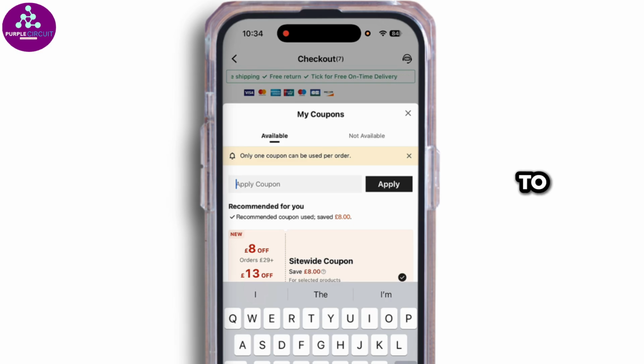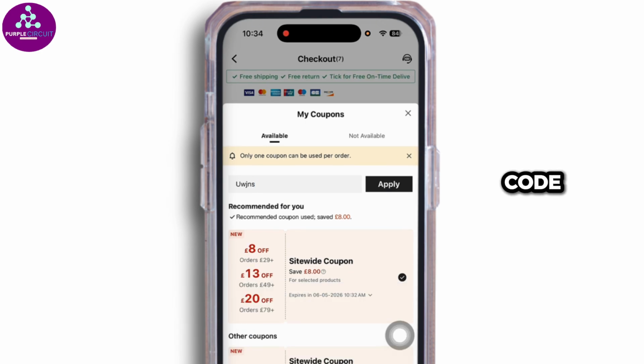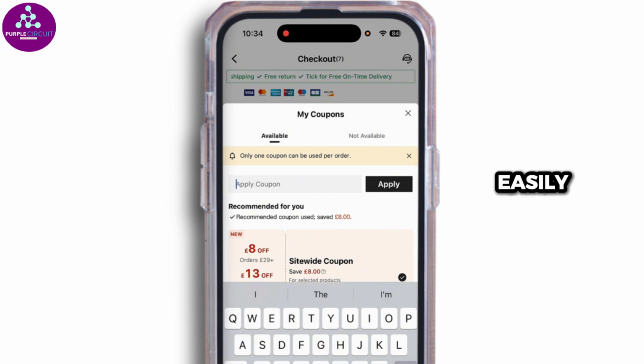Likewise, you are also able to manually apply the coupon code. Type in the coupon code that you want to apply to this purchase over here and click on apply. The coupon code will be applied. So this way you can easily apply coupon code at